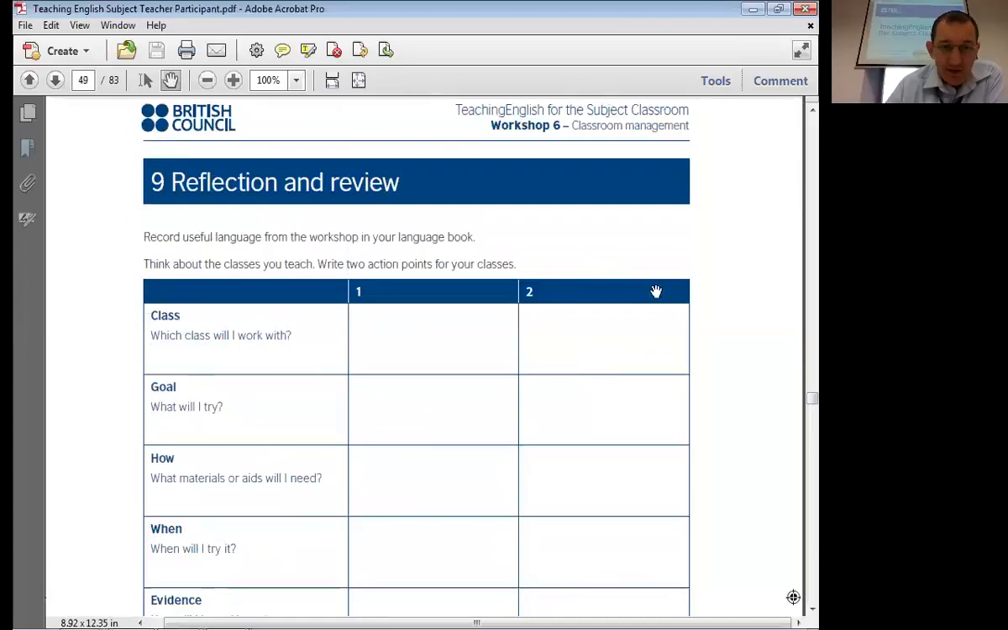Okay, stage 8. Now they go back to the lesson plan that they wrote earlier, and now they must